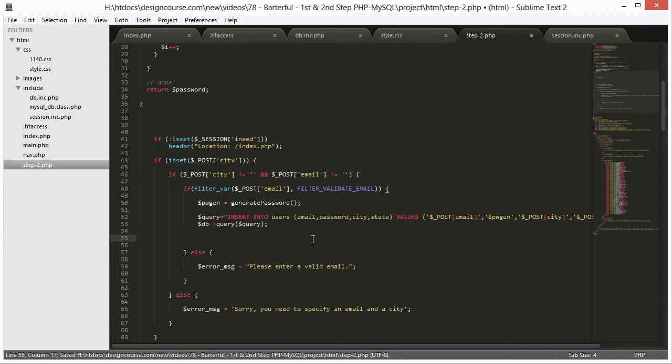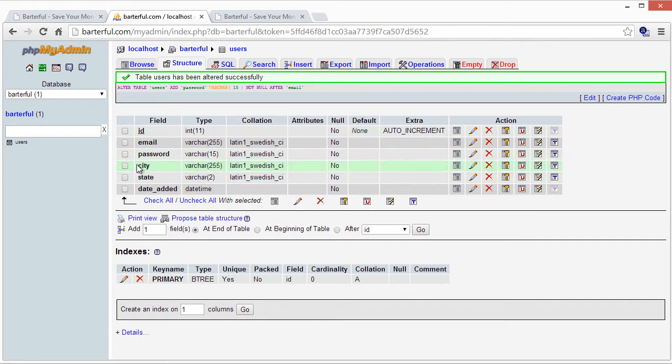Now, also what we're going to want to do is you want them to be able to verify their email. So that's very important, especially if you're going to do any type of mailings. You want it to be an actual double opt-in. So what we'll do is create another field. Man, I forgot to create all these fields. No problem though. We could do it right after state. Doesn't really